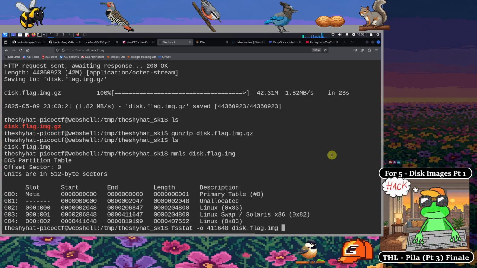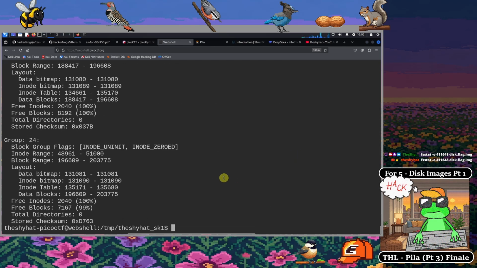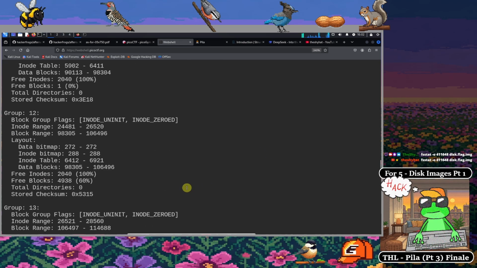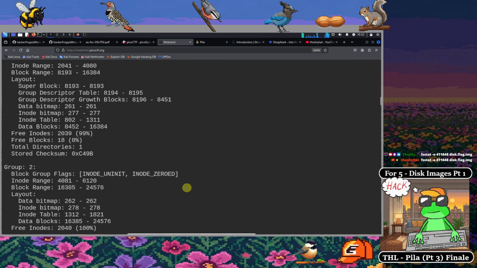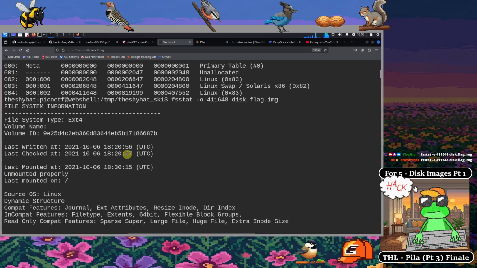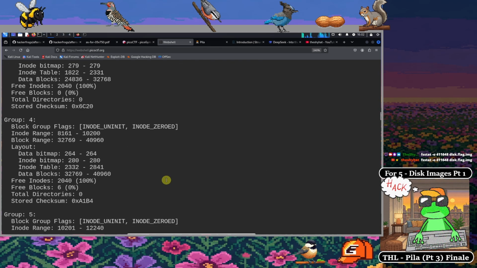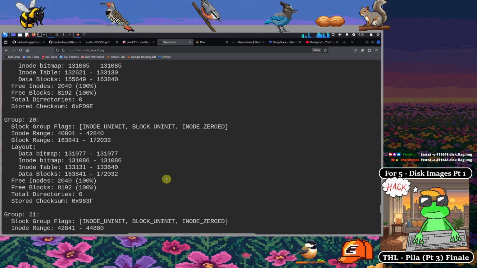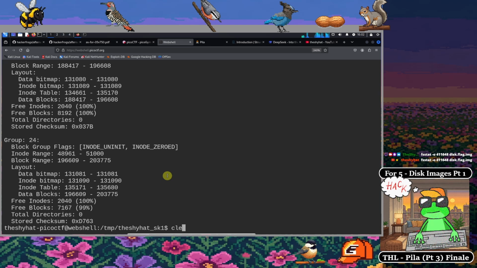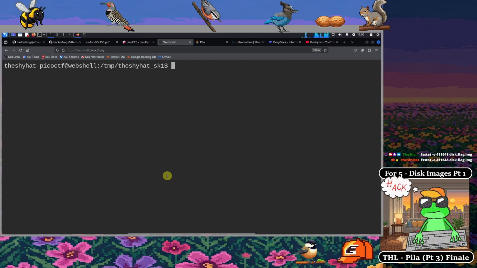Okay. So give the command, and just like the previous challenge, we also see that this is an ext4 partition here. So we're going to be using this in the next commands. The next command we use is going to be fls. So fls, and then